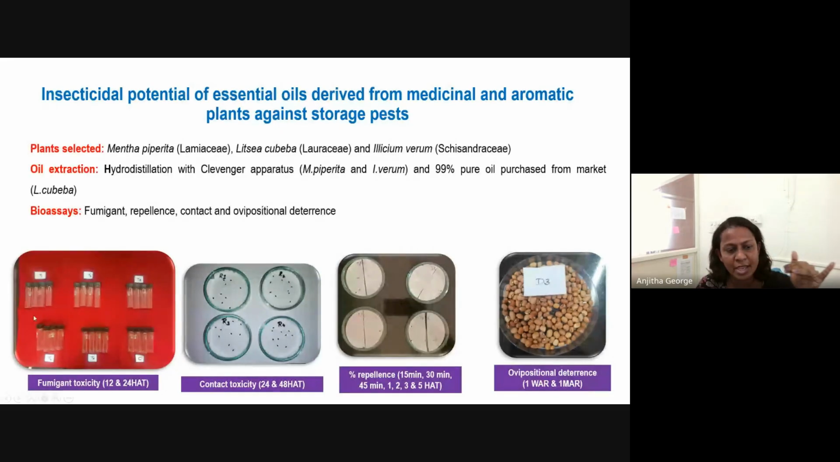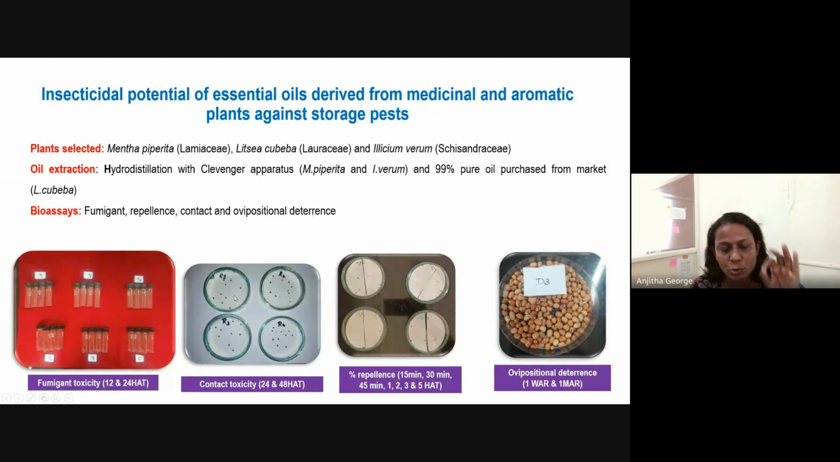Different doses have to be loaded onto this filter paper. After treating the filter paper, we keep it inside the vial, and then we release the insect pest into the vials. We have to record the mortality at 12 hours, 24 hours, and even up to 48 hours. And in the case of contact toxicity, what we have to do is, this is a